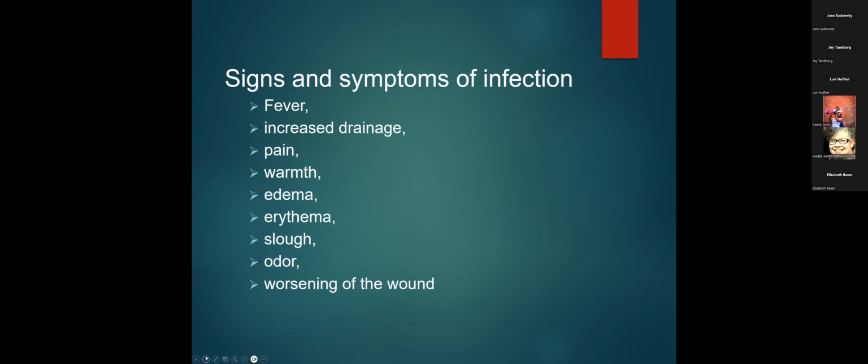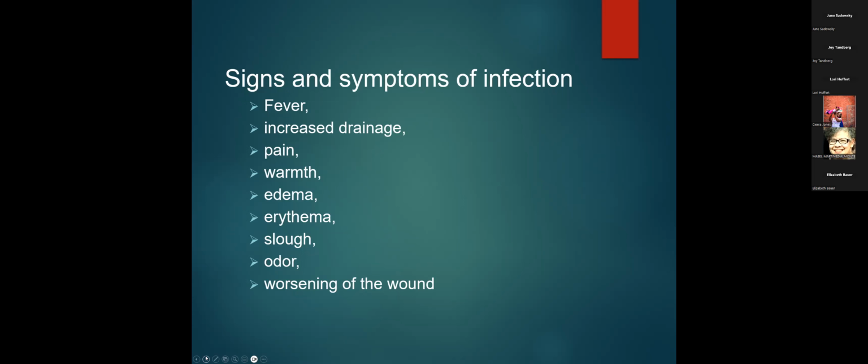So this is a big deal. A lot of times wounds become infected, and then, if they do, you need antibiotics. You may need some debridement. You may need some other interventions. But basically, you look for a fever or change in body temperature. Sometimes it actually can go down. So if you have hypothermia or drop in temperature, that may be an indicator of sepsis secondary to a wound